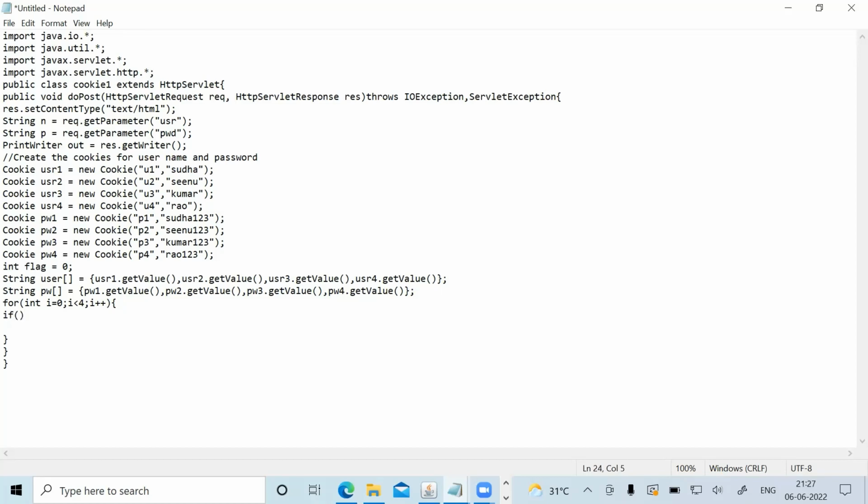So I'll say if user[i]. User[i] is nothing but this string array, right? Inside this particular user[i], the value needs to be there. The user ID needs to be there in this particular array. Then I'm saying user[i] dot. Let me give the logic here. user[i].equals